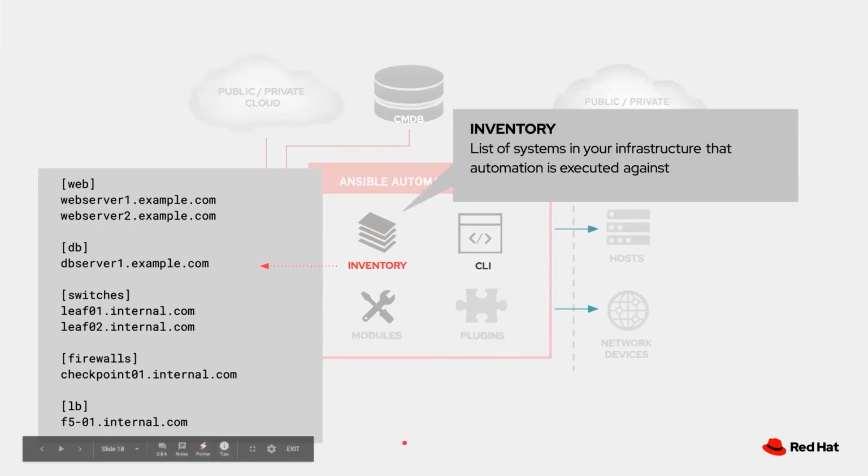Here's an example of an inventory. This is a text-based inventory, and I'll tell you how you can do much better than this in just a minute, but this is a very simple example. So you can see here, we have a whole bunch of devices. You have some servers, you have some switches, a firewall, and a load balancer. In these brackets, that's a group. So if I refer to web in anything that I execute, that will run against all of these hosts. If I refer to DB, this host, switches, these hosts, firewalls, and load balancers, these hosts. Or I can also refer to an individual host specifically. There's also a couple built-in groups, and I bet you can guess what the group all does, right? That will, of course, manage all these devices all at once.